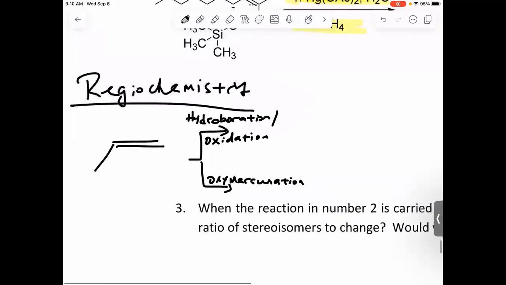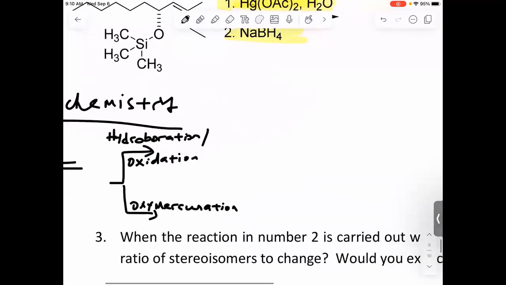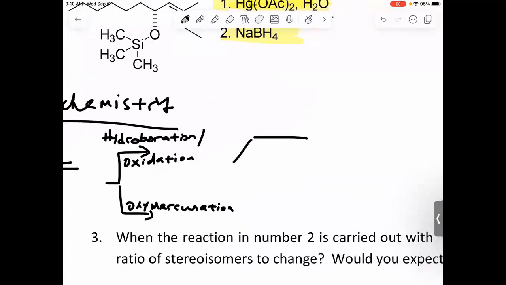The difference in these two reactions is the regiochemistry, or the location of the alcohol in the product. So if you do hydroboration-oxidation, I'm going to show you the intermediate. The intermediate is going to look like this,